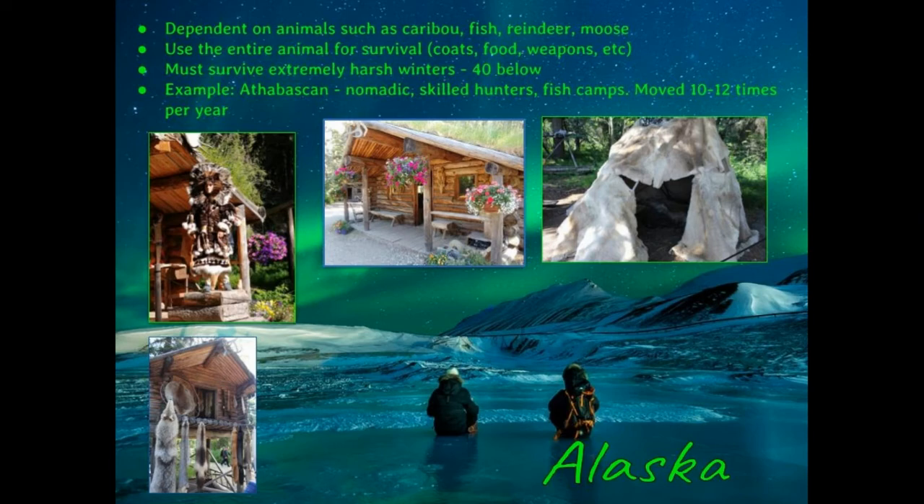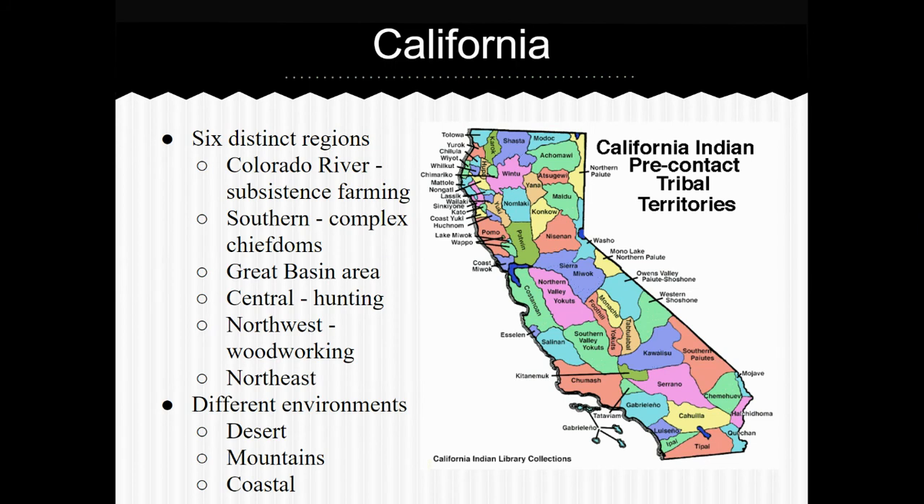They also build structures out of wood. They have their little shelters for camping because they would go and move throughout the year. The Athabascans, because they were nomadic, were following the animals and following the fish. They would develop these structures that were covered in animal furs. So that is Alaska. And finally, moving on to California, where we actually have 6 different regions, and they include